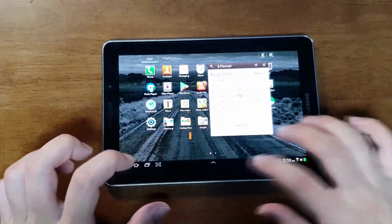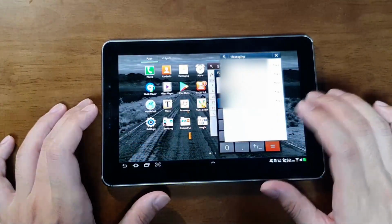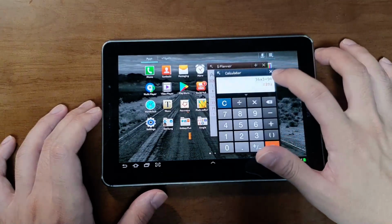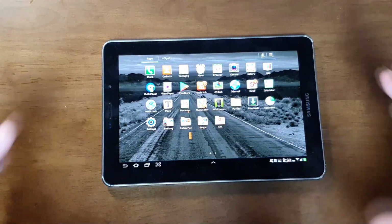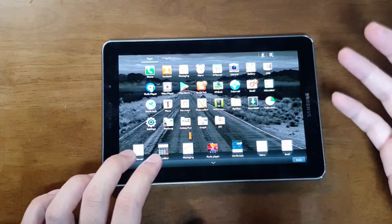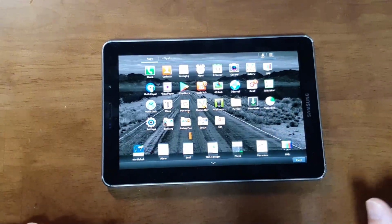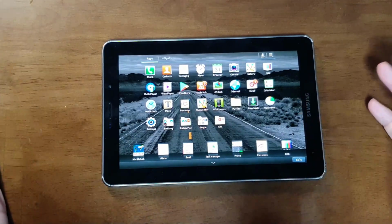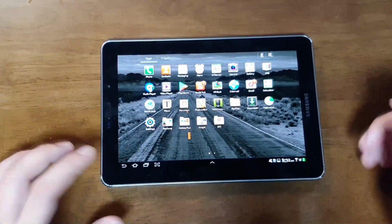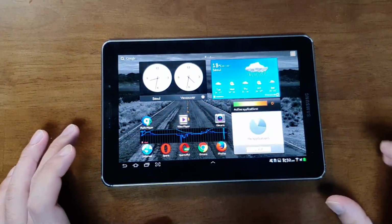So in this one, there's no limit, so you can open as many mini apps, but it's going to be a bit slow when opening too many apps. But this is improved a lot compared to Honeycomb, because when using Honeycomb, if you open more than 2 apps, the tablet is going to lag really badly. But in Ice Cream Sandwich, they improved optimization a lot, so there's not a big problem. There's a bit of lag here and there. I think it's because Snapdragon 8 is not capable for the HD resolution, but still way better than the Honeycomb operating